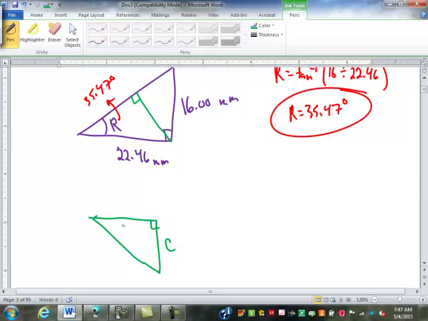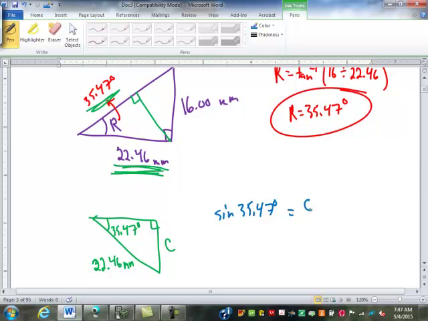Okay, what do we know? We know the angle and we know the length of the hypotenuse. Okay, perfect. We know the angle, that's still 35.47, and the hypotenuse is what this leg now becomes when we cut it across there. How do we find C? The sine of 35.47 divided by 22.46 will equal C over 22.46. So technically it's times. Yep, which gives us